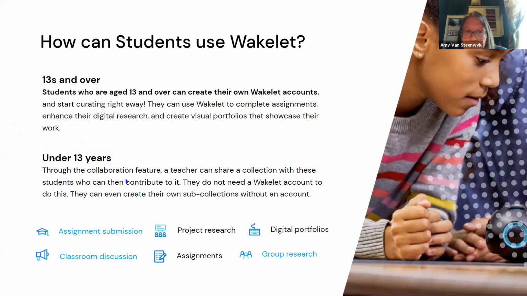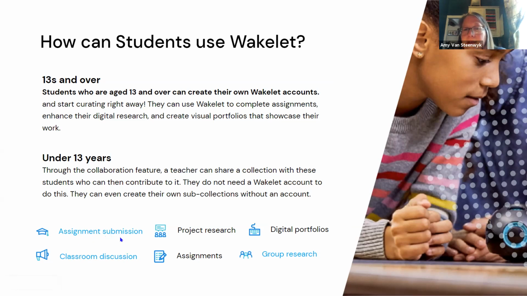And then for students, I'm not going to go back into the over and under 13, but students can use it to submit their assignments. Even though if you're in Google Classroom, you should be doing all of that in Google Classroom, there are some benefits of Wakelet that don't exist in Google Classroom, so sometimes people end up deciding to use Wakelet to have all of their lessons on it. And if after you've used it for a while it starts to make sense to you why that would be a benefit, that's certainly something that some teachers have started to do,